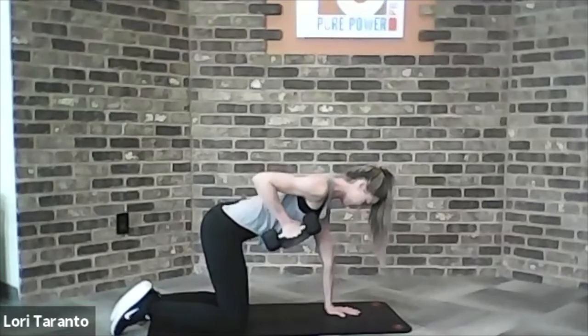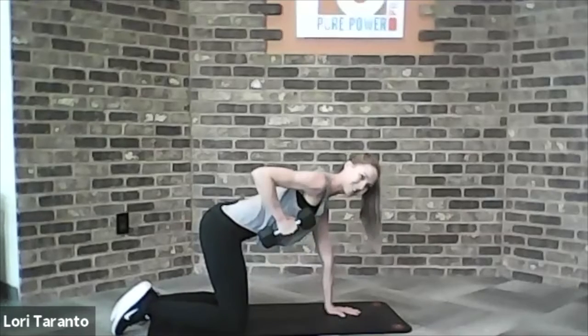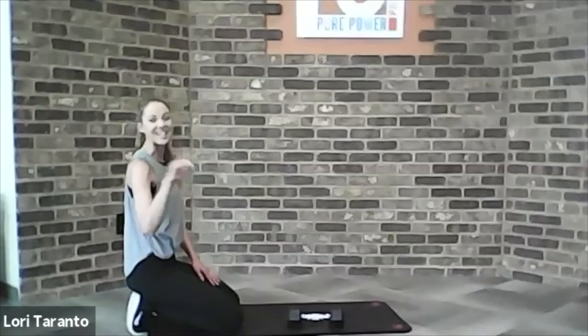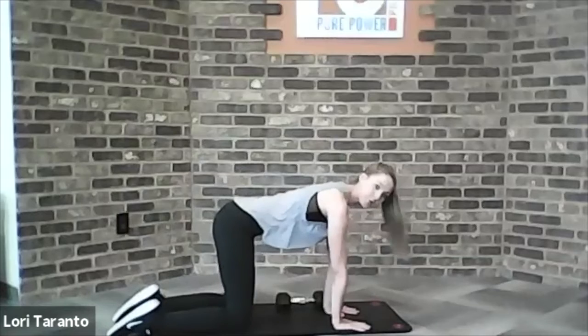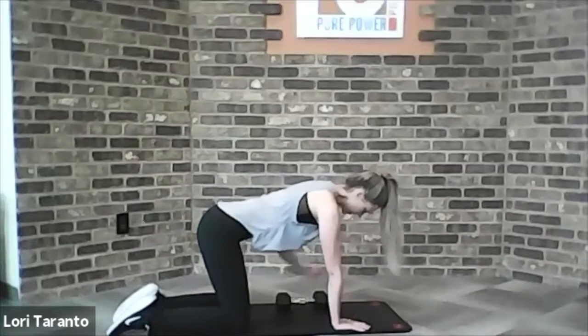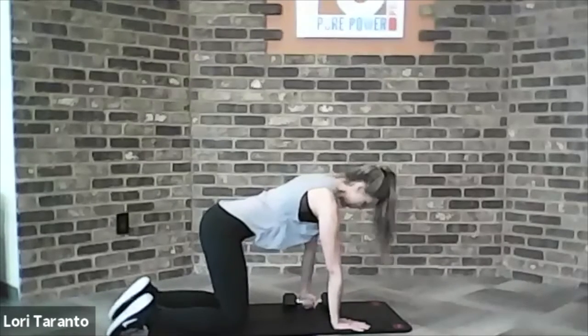You can do it. Don't forget to breathe. 2 and 1. Nice job. Let's transition right away to the other side. Actually, sorry, in 15 seconds, we'll go to the other side. Place the weight there. Take a few breaths. Set yourself up. All right, we'll start in 5, 4, here we go, 3, 2, and drive the elbow up